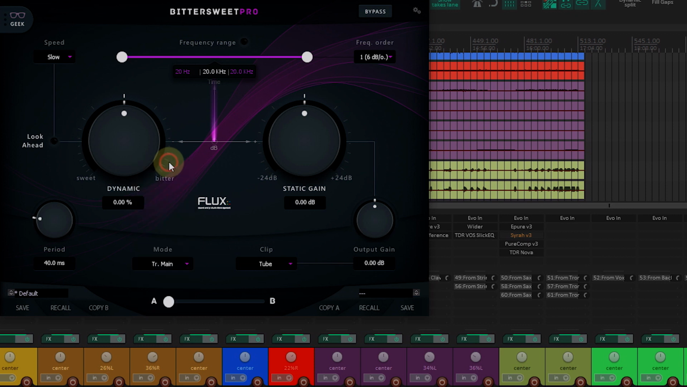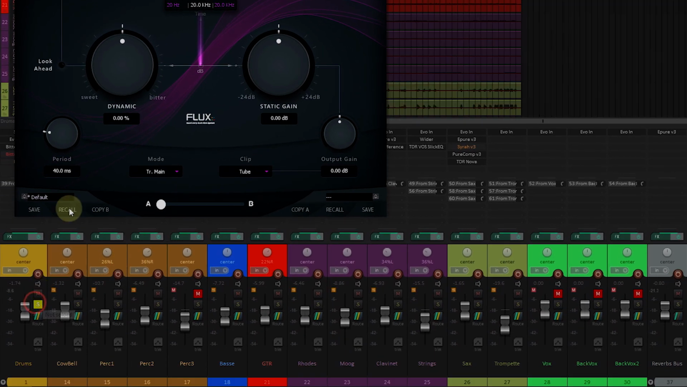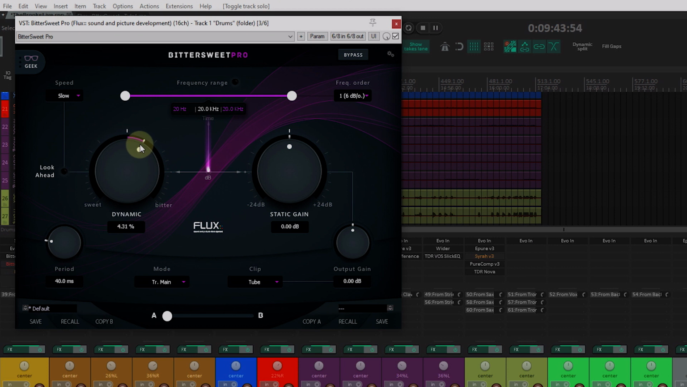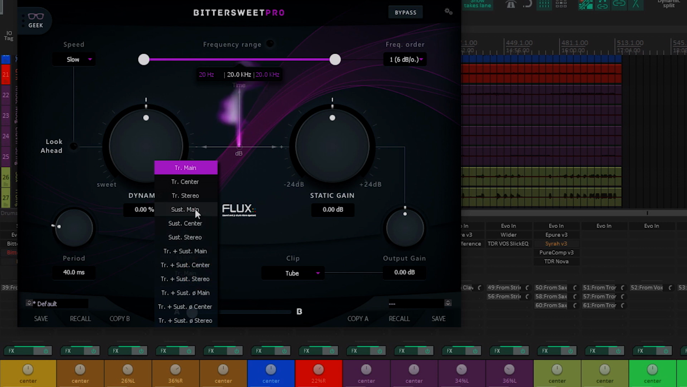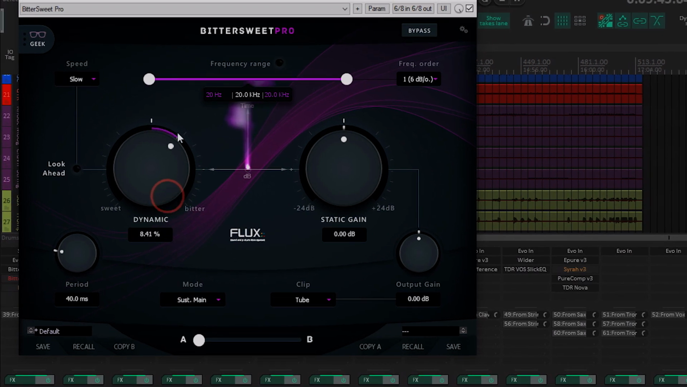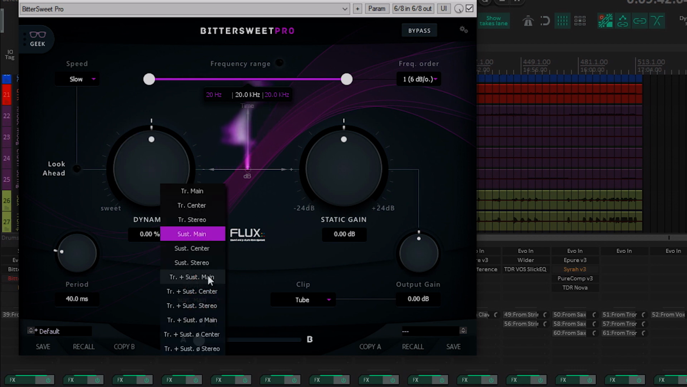We can modify the transients of our drums, we can also modify the sustain, we can modify both the transients and the sustain at the same time,